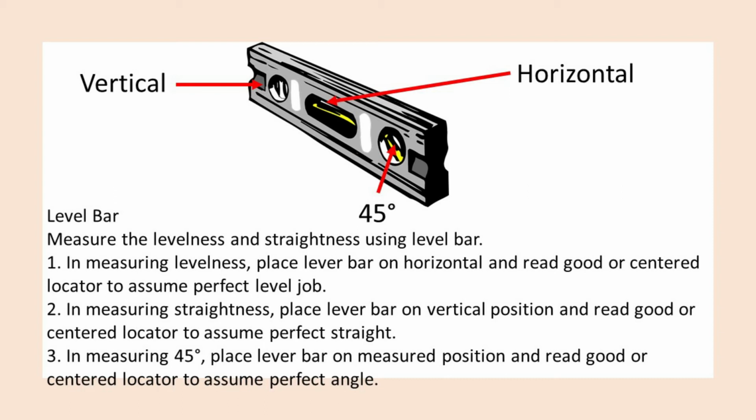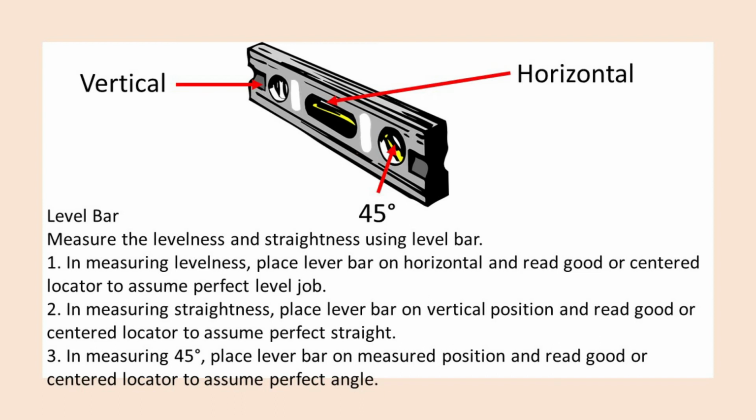Number 1. In measuring levelness, place level bar on horizontal and read good or centered locator to assume perfect level job. Number 2. In measuring straightness, place level bar on vertical position and read good or centered locator to assume